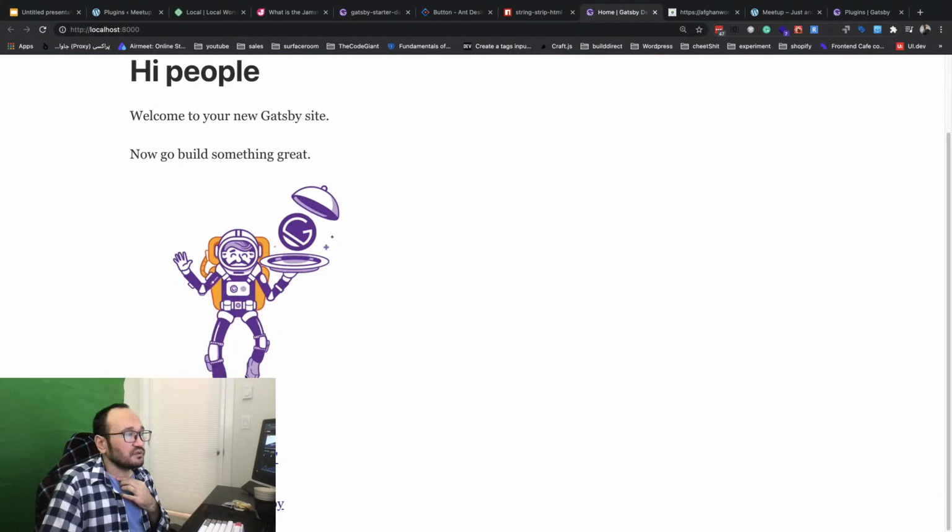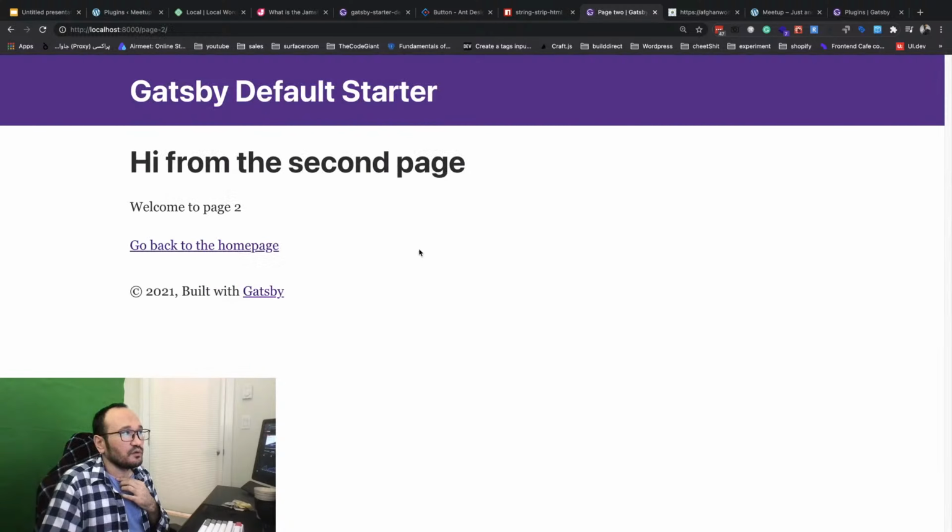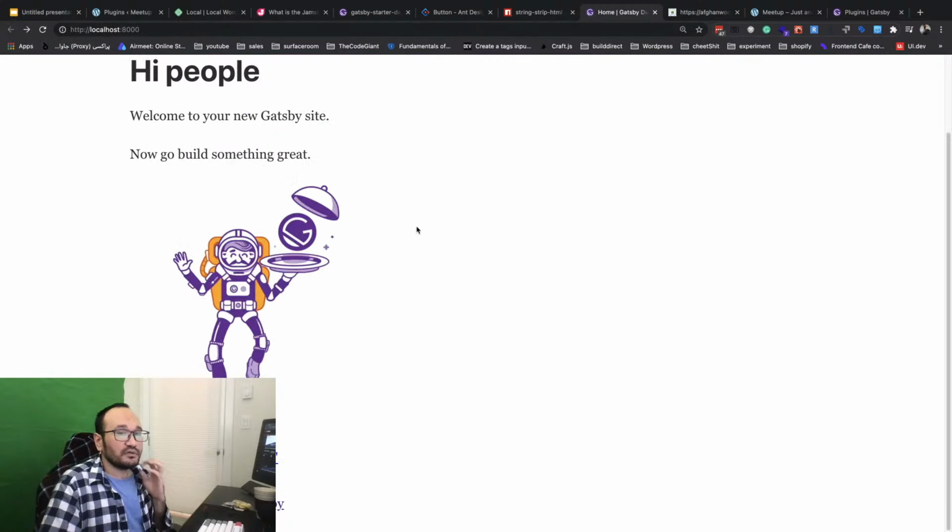So you want to access the whole second page. You click on the go to page, and then you see your page is open on the second page. Do you remember I was talking about the image optimization? If I refresh this page, you see how the image loads in the page, and that's the optimized version. If you want to see that, this is the proof.